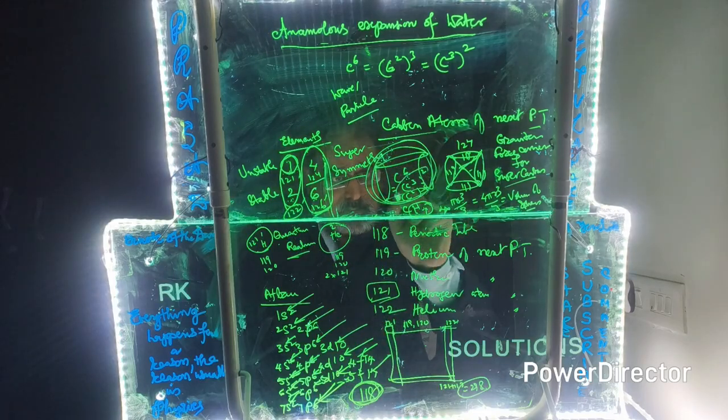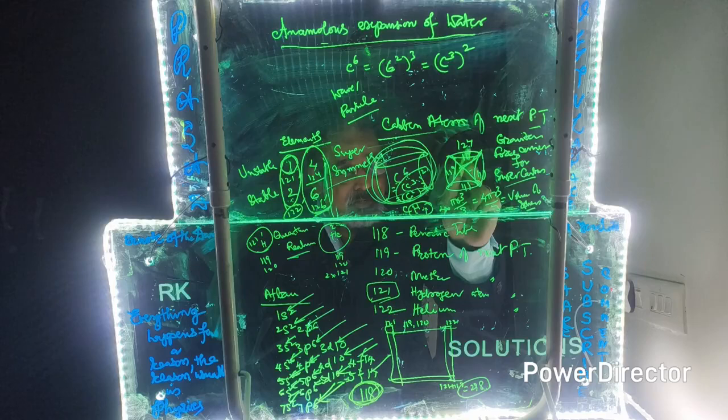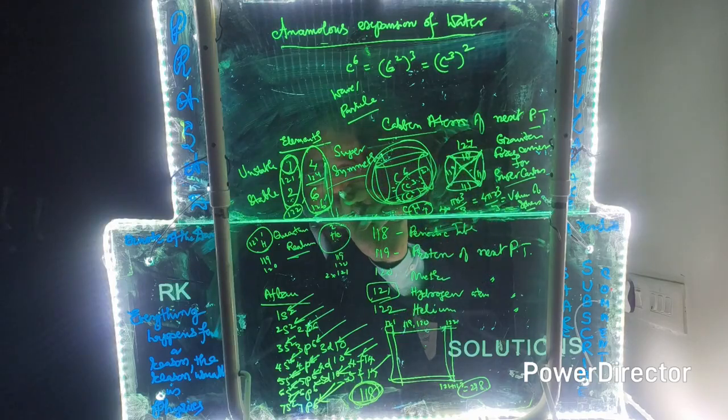Then this is the logic. This can be both a wave as well as a particle, C6. So this C6, the energy is supplied by 124 to this C6, and this becomes a supersymmetry. That is the reason why